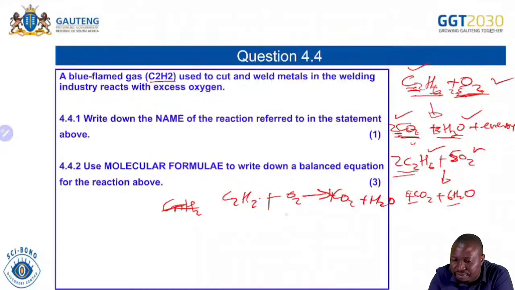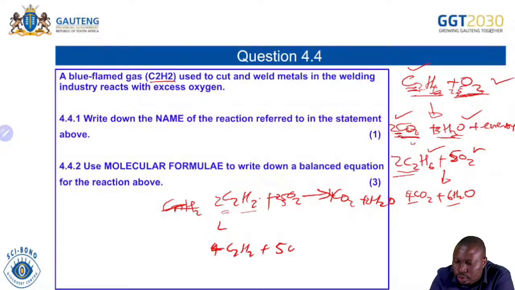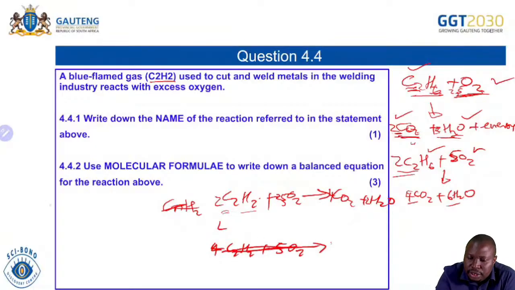2,5. We said 2,5 here. We said 2 is 4. So we have 4 carbons. Balanced, we have 4 hydrogens, and then 4 hydrogens, but we have a 2,5. You multiply by 2, you get your 4C2H2 plus 5O2, giving us then that will give us 8, and put it this way,